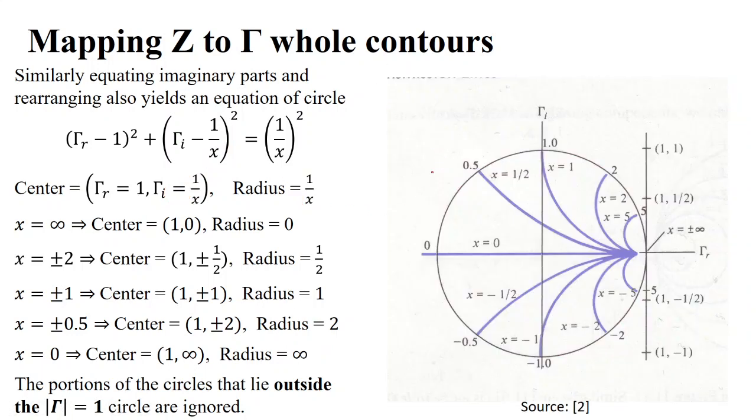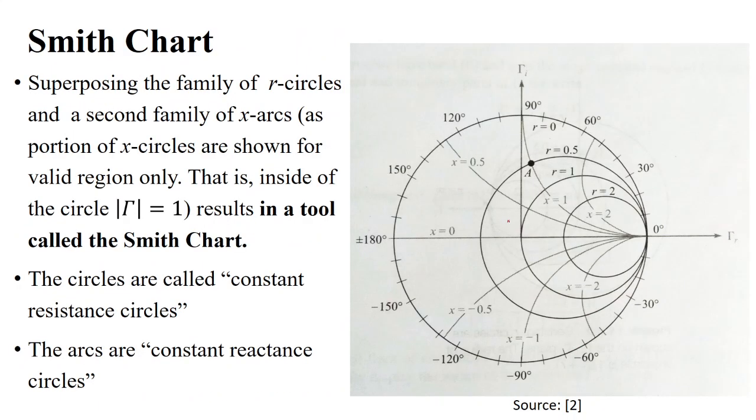Now here we show this arc. So this is x equals 5, x equals 2, x equals 1, x equals half. On this circle we are plotting this arc only. So we have arcs for the reactive component, and already we have circles within this for the resistive component. We have only shown the reactive part, that is, the arcs that show the reactive component. Now if we combine these two, this chart will become the Smith chart. This is the basic fundamental of the Smith chart.